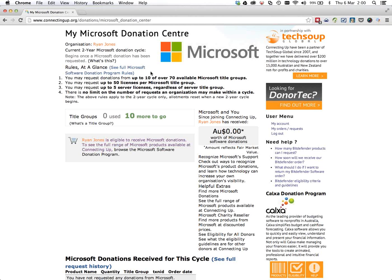It gets a bit trickier when you start to look at server licenses, where you can request up to 5 server licenses total rather than in specific title groups. But this is where this page comes into its own. It shows you how many title groups you've ordered from or you've used, and it shows you how many more